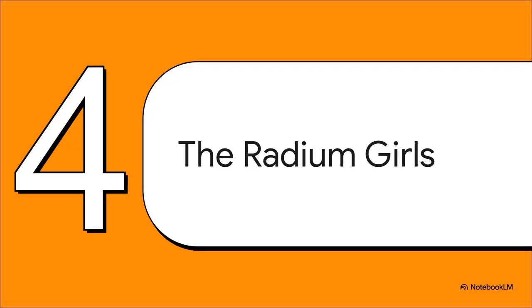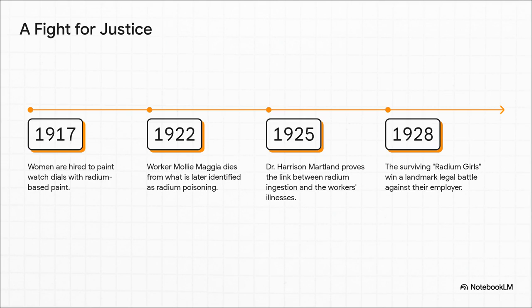Now, this might all seem a little abstract, but I promise you, understanding these concepts has had literal life and death consequences. And there is no story that illustrates this better than the tragic, true story of the Radium Girls. Back around World War I, young women were hired for what seemed like a dream job, painting the dials of watches with a new, magical, glow-in-the-dark paint. The key ingredient was radium. But within a few years, these healthy young women started getting sick with horrific, mysterious illnesses. It took years of investigation and a landmark court battle to uncover the awful truth.